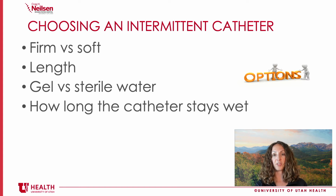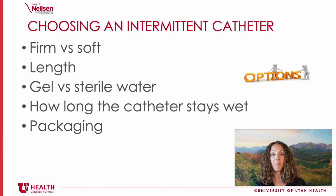Some catheters will stay wetter for a longer duration of time than other catheters. So if it takes you a longer period of time to catheterize, it might be helpful to have a catheter that has a water solution that's going to stay wetter for longer. And sometimes it just comes down to packaging: certain packages can be easier to open compared with other catheters, and also some packages are much smaller and more discreet and easier to carry around in the community compared to